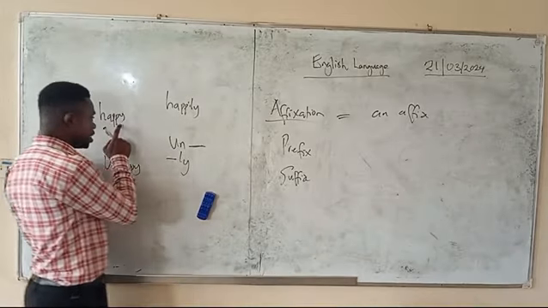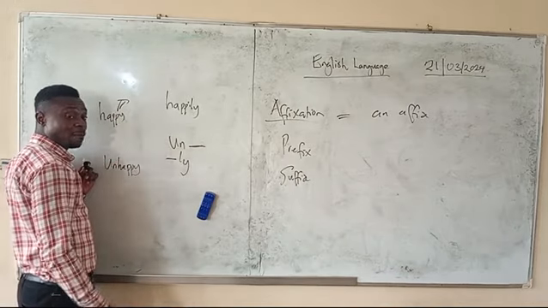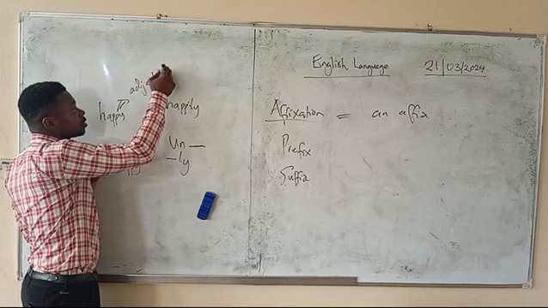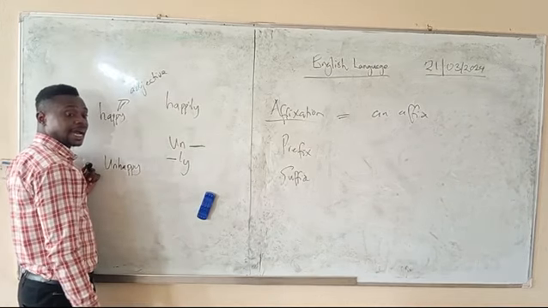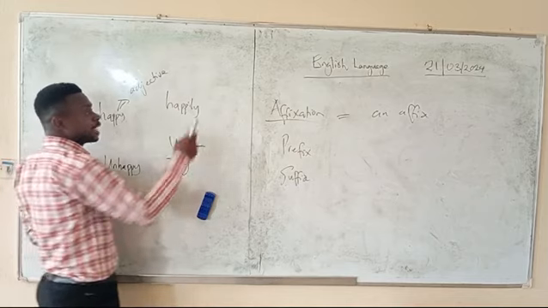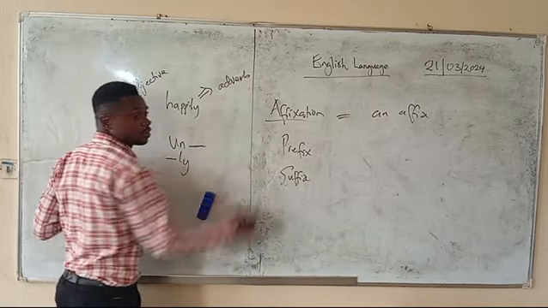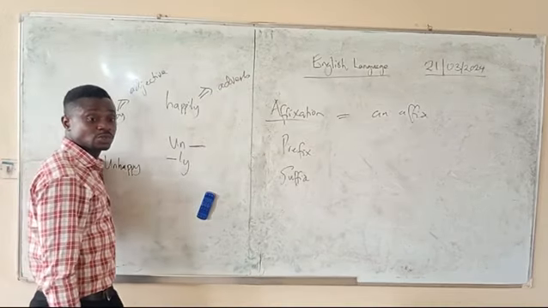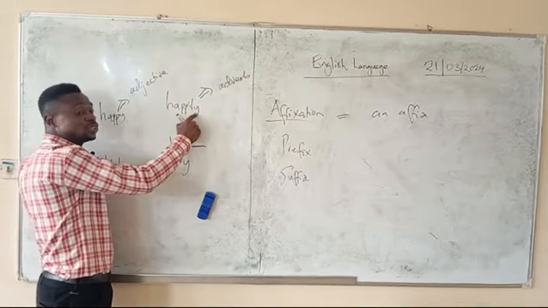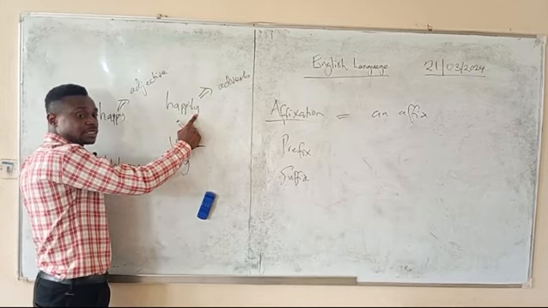Here, remember our parts of speech, happy here is an adjective. Okay? Happy here is an adjective. But happily is what? An adverb. Has it not changed the way it is used? Here it is used as an adjective. But here it is used as an adverb, happily. Am I communicating?